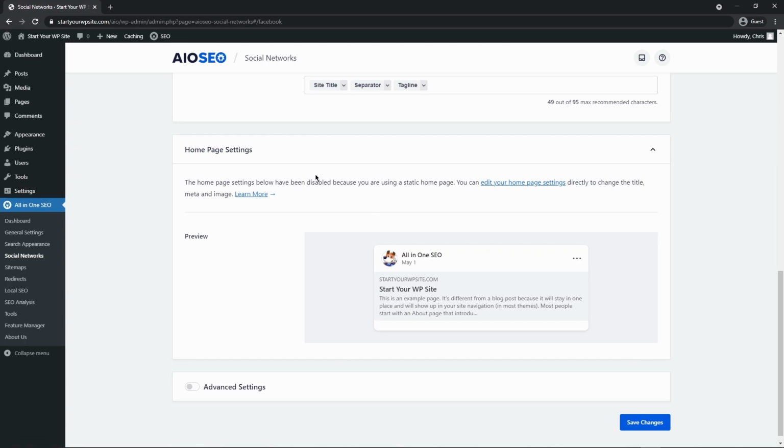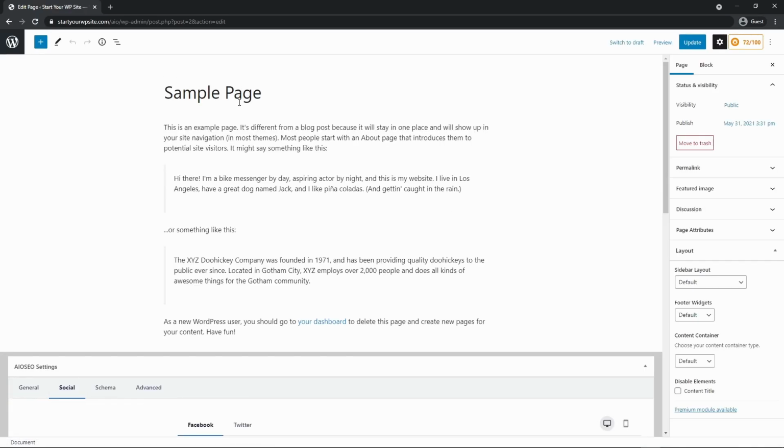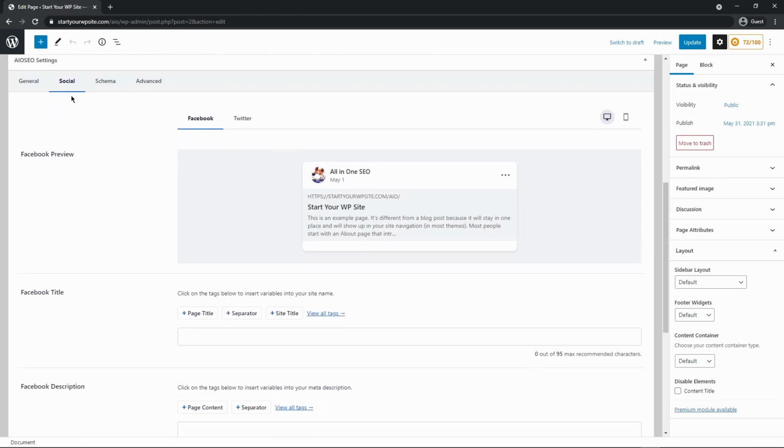So to edit your home page, you can either select the page here, or you can go to edit your home page settings and click this link. And this will take you to the block editor for your front page. So for example, we set it to sample page, but this will be different based on what you set yours to. Now, if we come down to the bottom, we can go under the Social tab here and under Facebook,